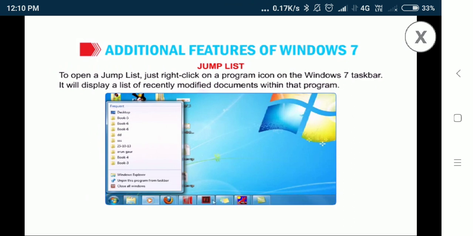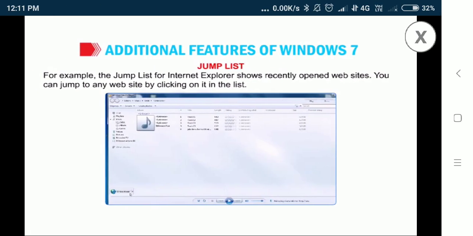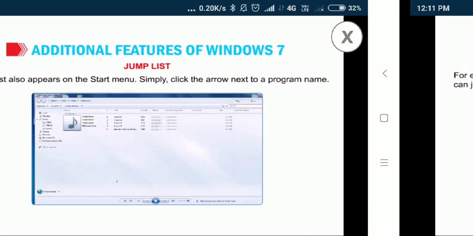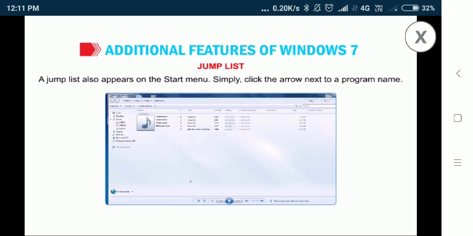It will display a list of recently modified documents within that program. For example, the jump list for Internet Explorer shows recently opened websites. So you can jump to any website by clicking on it in the list. A jump list also appears on the Start menu. Simply click the arrow next to the program name.